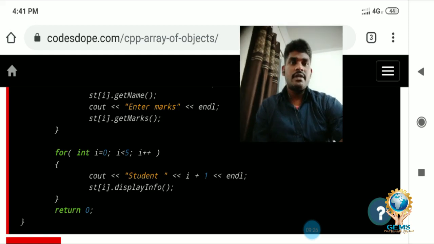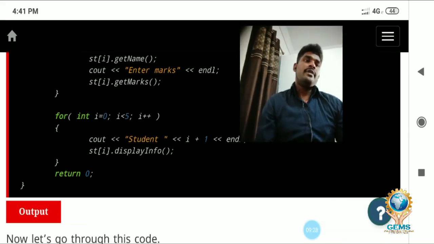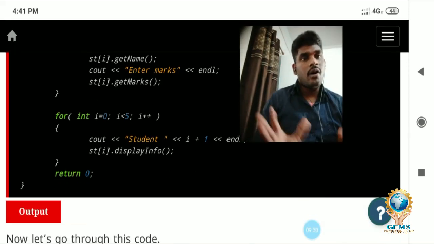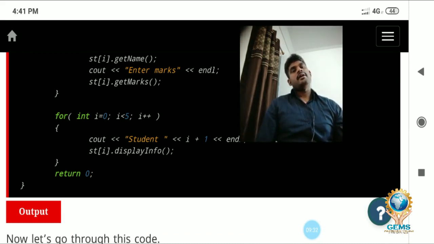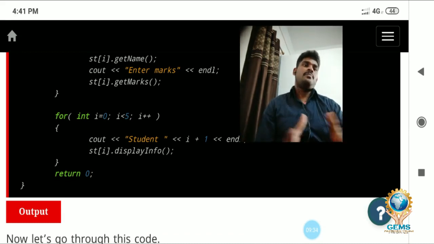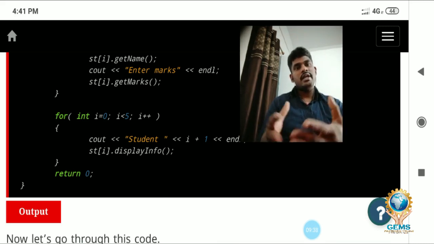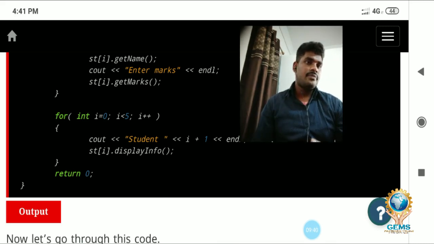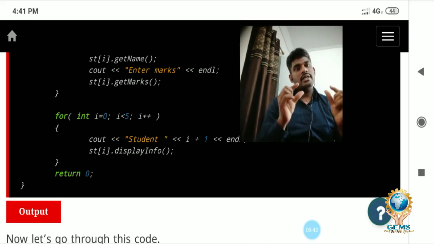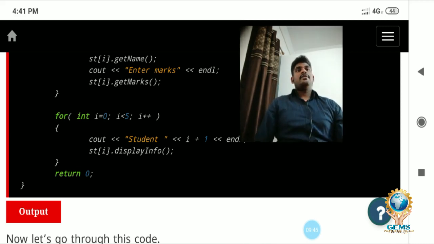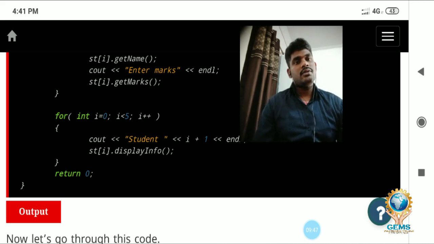Now I am displaying the data: st[i].display. Whatever data is already stored in this array, all the objects' data will display. How do you create the array? First the class name, then the array name, then the declaration of the size of the array. Then how do you enter the data into the array?